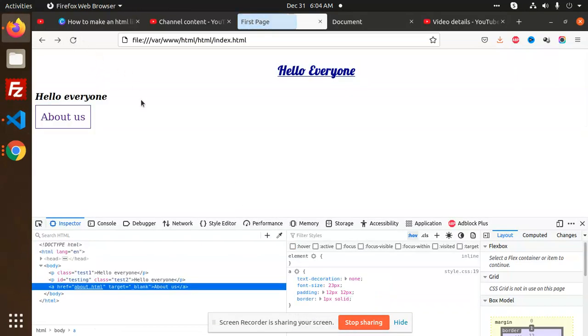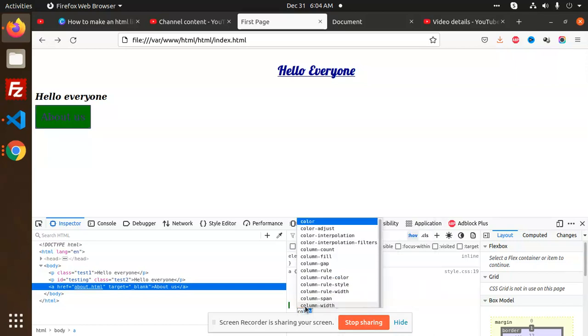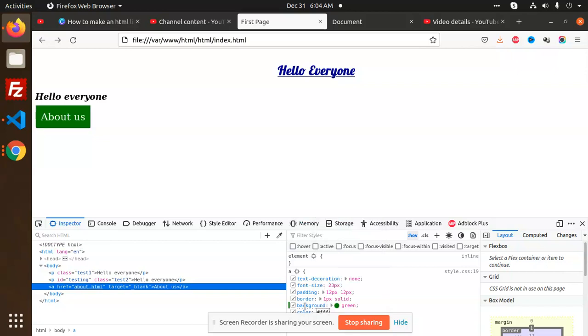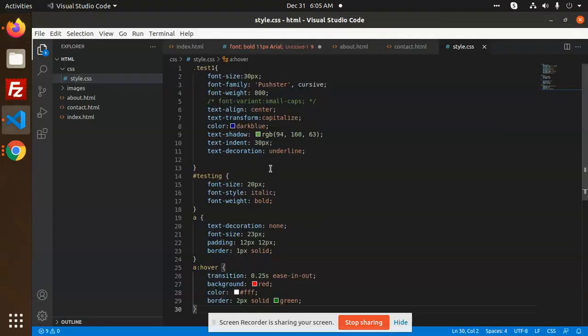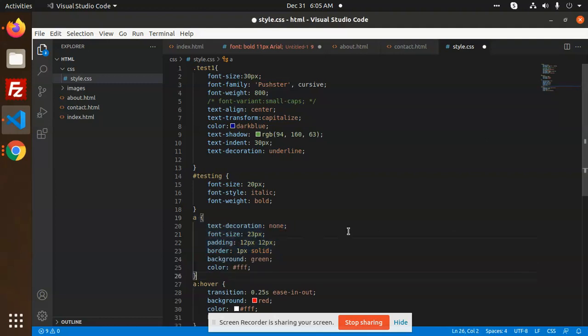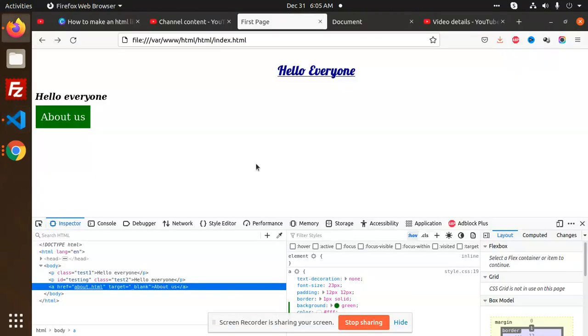Okay, so let's reload this page and check the hover with transition, right? See, if I'm going to add another property over here, I'm going to add the background color would be hash FFF5, right? So I'm going to copy this one and replace it with the anchor tag, right? So here, there's a transition, right?